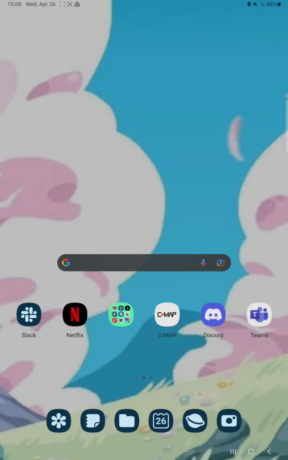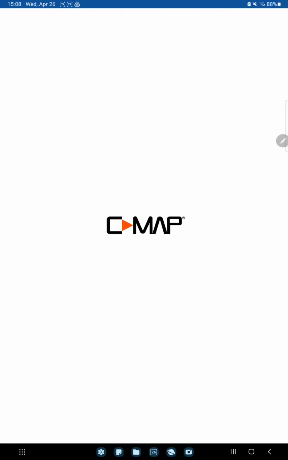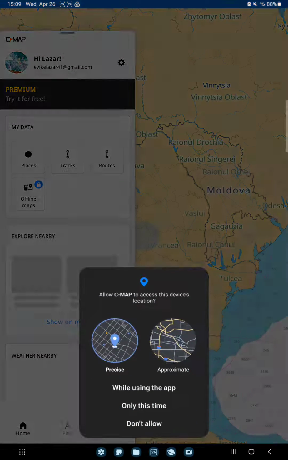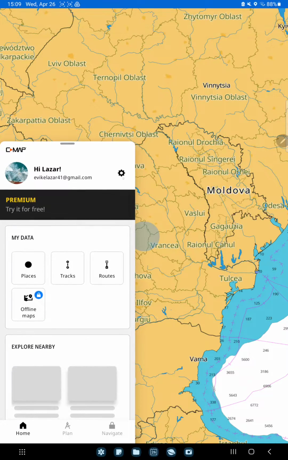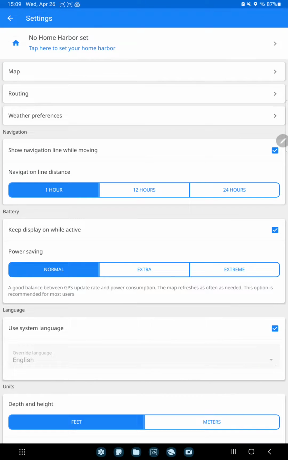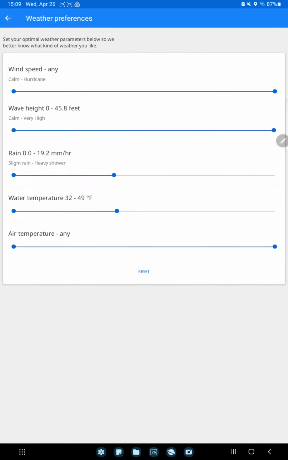First of all, open the application on your device. Tap the settings icon next to your email and go to the weather preferences section. And here you can find the air temperature option, and just drag the line and set the ideal value and